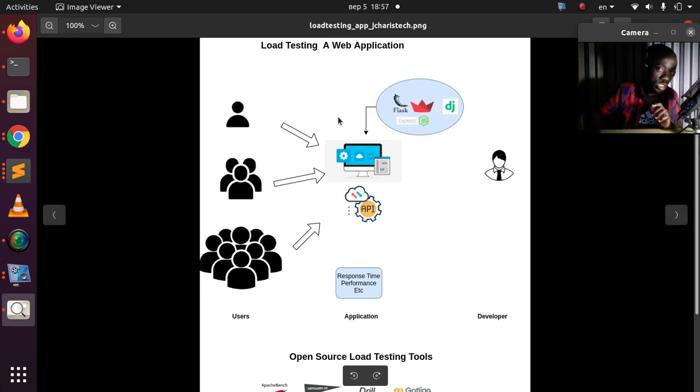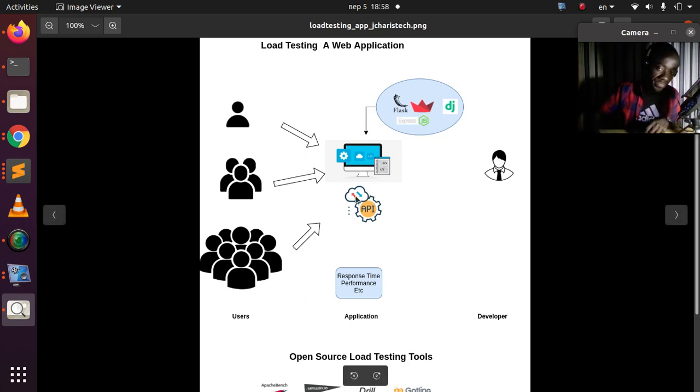Load testing is a situation in which you build a web application. It can be Flask, Streamlit, Express, Node.js, Django. Then you want to know how performant your app is going to be, what the response time is when it is used by not just one user or 3 users, but multiple users at the same time. As the developer, you may have no idea how many people will be using your app. So how do you simulate the occurrence of multiple users on your app